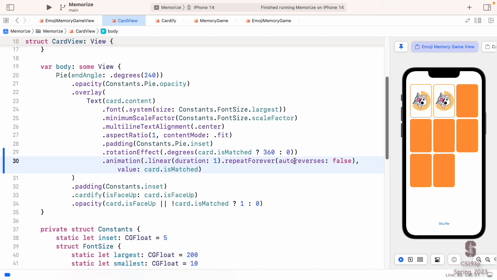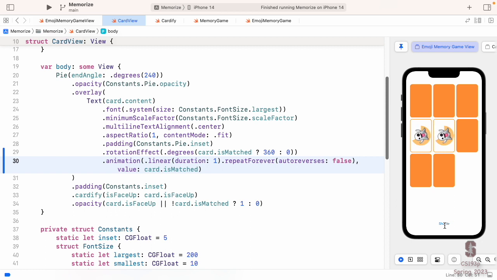That's pretty good. So here's where you might use an implicit animation. You want this to happen no matter what's happening. For example, shuffle keeps doing it. Why would it stop? My match is still showing. I should still be celebrating it. It's completely independent of any other with animation or anything else going on. And it overrides it too. When I did the with animation, it didn't use my shuffle duration or something like that. It used this duration and this linear curve and all that stuff. It's overriding what the explicit one is doing.